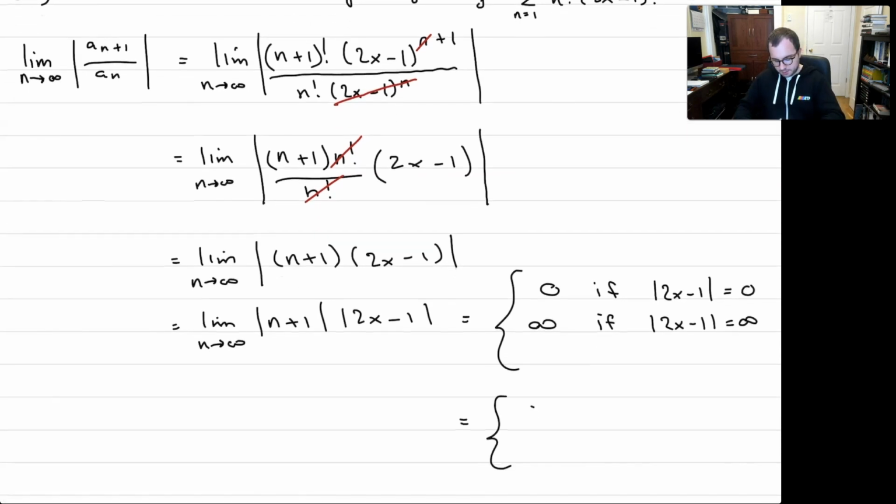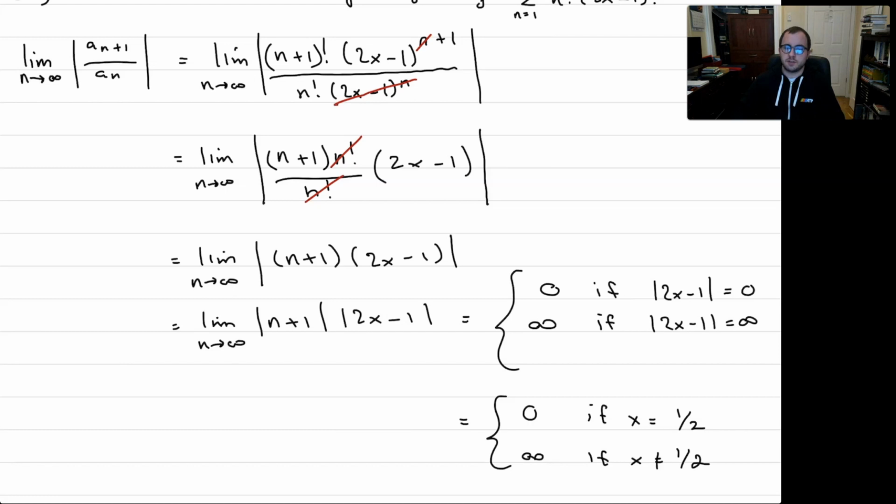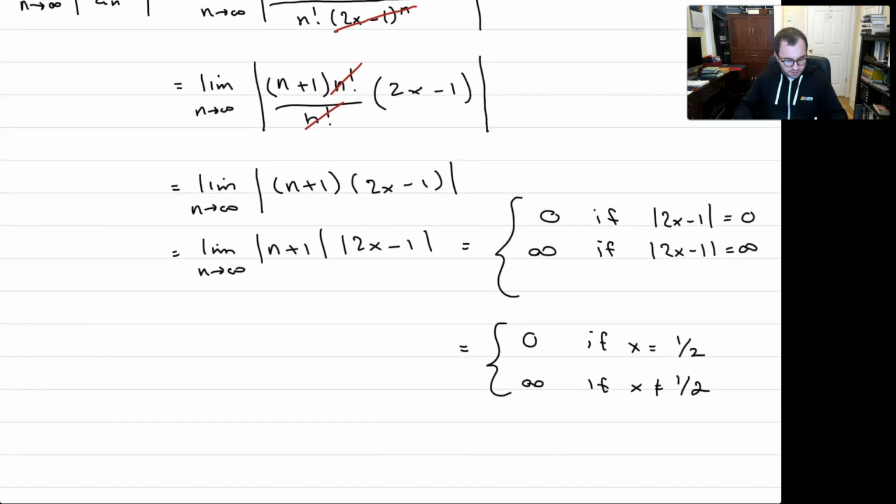So this limit is equal to 0 if x is equal to 1/2, and it will be equal to infinity if x is not equal to 1/2. So this limit of absolute ratios is going to be 0 if you plug x equals 1/2 into the power series, and the limit of absolute ratios is going to be infinity if you plug anything else into the power series. So using the ratio test,